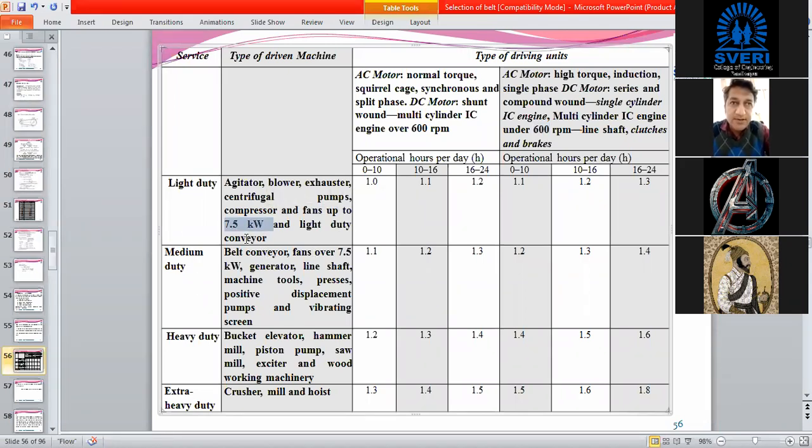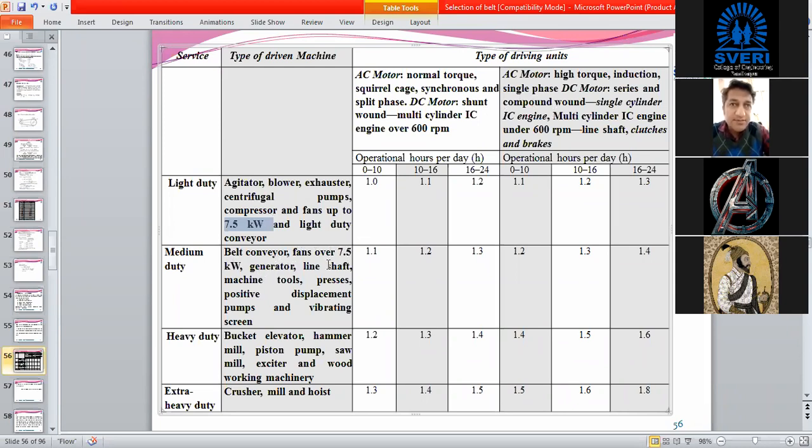Conveyors can also be taken into this light duty application, and machines which you want to operate with these two prime movers. In medium duty, belt conveyors come in that case. Fans over 7.5 kilowatt, a very huge application of fans.